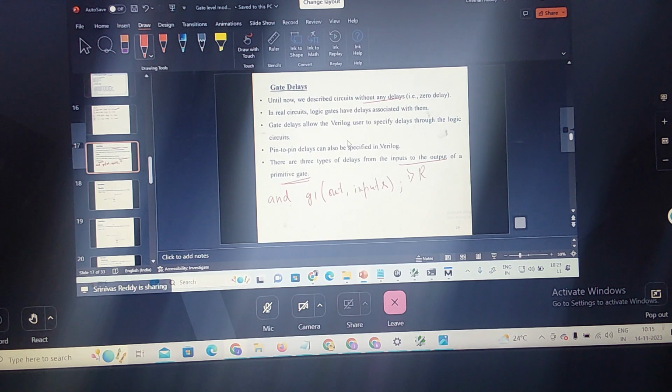One is rise delay, the second one is fall delay, and the third one is not the rise fall, this is turn off delay. So these delays you can specify to the gate. How you can specify these delays to the gate is, when you are instantiating the primitive gate, let us take you are instantiating the AND gate,